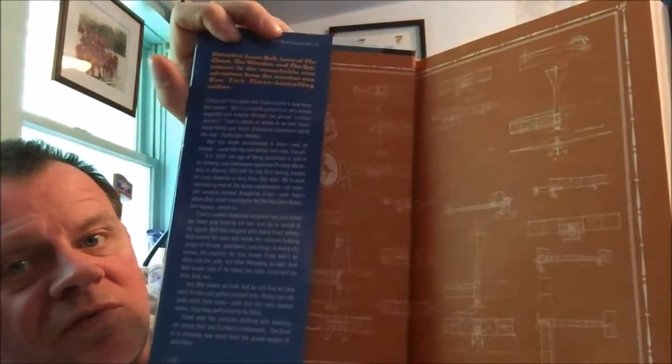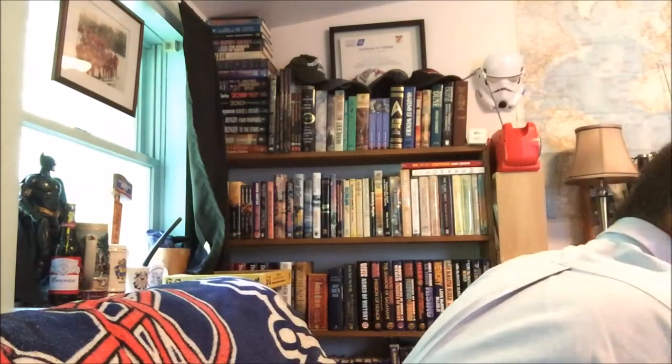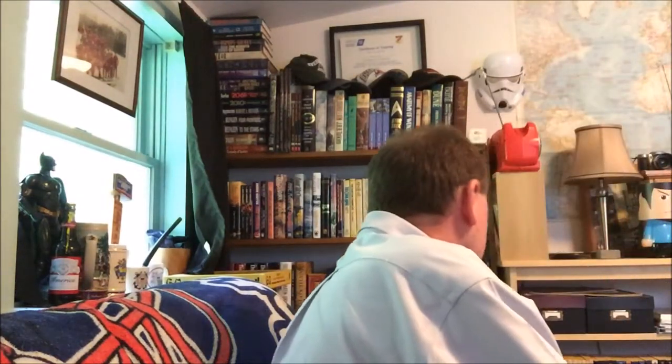That's the end papers, the flying machines. Yeah, this series is really one of my favorite. Well, it's my favorite Cussler series. I mean, I like the old Dirk Pitts. The other ones are good. The Fargo ones I would also put up there. But